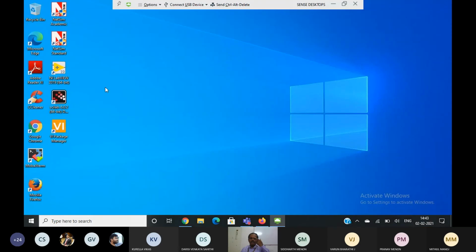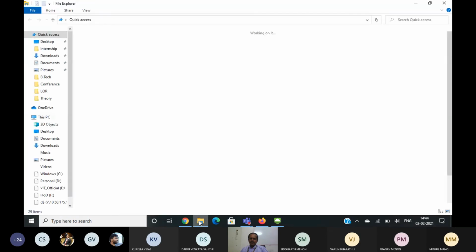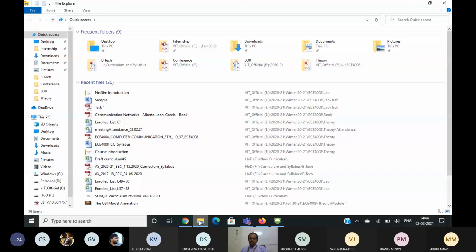Now, if you see the desktop, NetSim Academic and NetSim are there, but don't open those. They will ask for the admin username and password. Instead, there is a folder option at the bottom. Click the folder option.